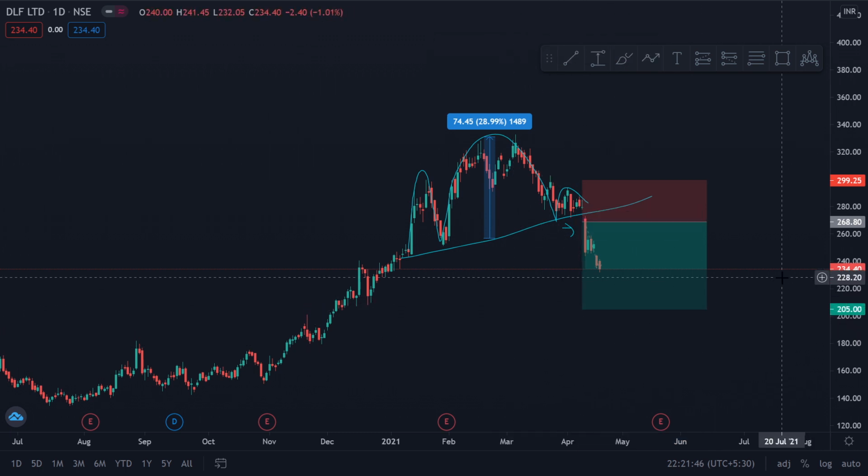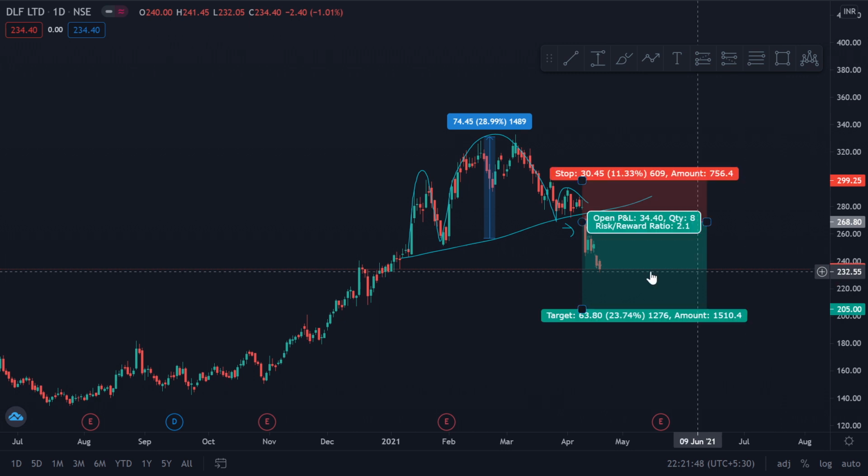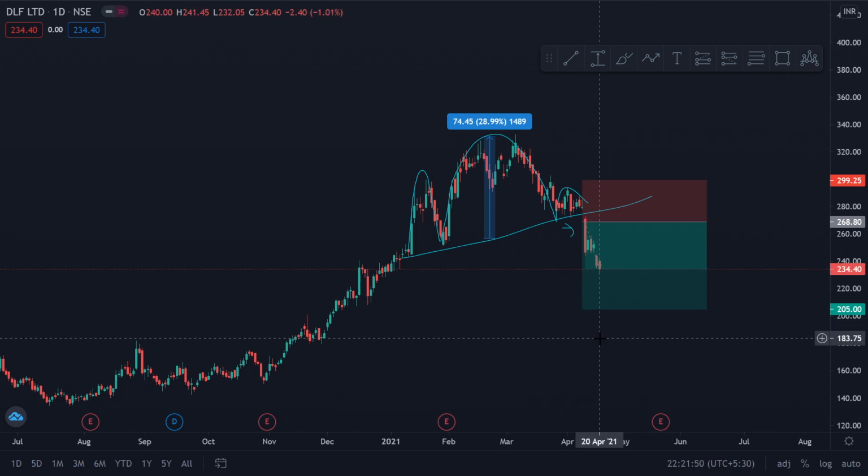So we'll see if again this pattern is successful in the future. I only have data till 20th of April because that is the date today. So we can see and we can test it out, backtest it yourself, see if it's working for you, see if you're able to make money off of it.